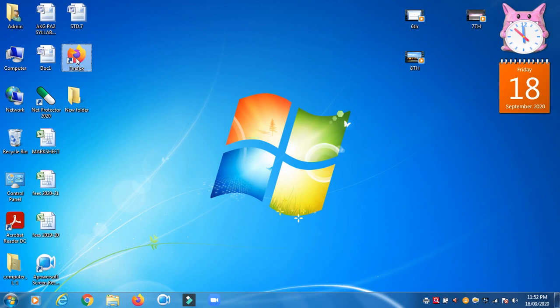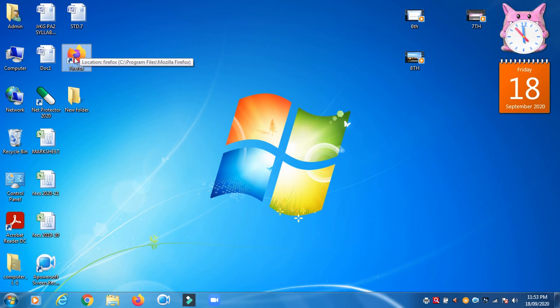Next one is selecting an icon. You can select a single icon by moving and clicking the mouse pointer on it. The selected icon gets highlighted. So this is the selected icon. And you have to double click on the icon to open that program.